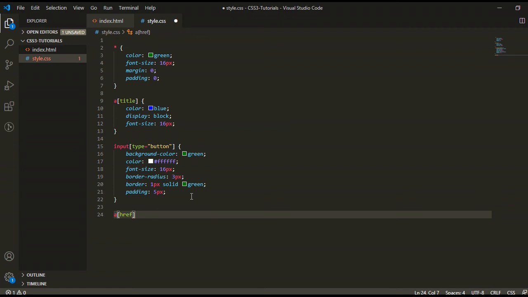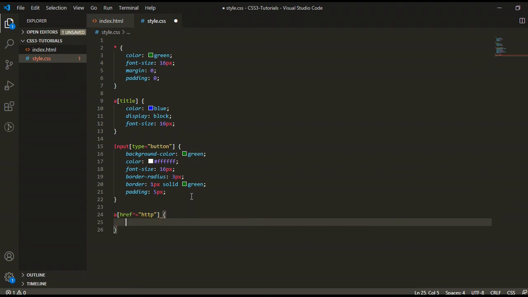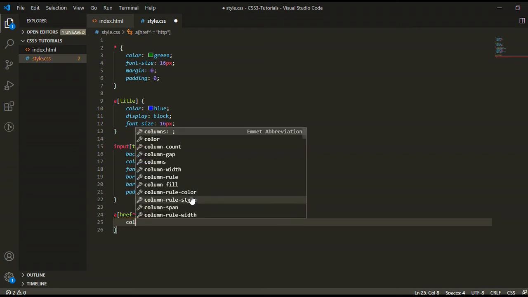Now we will use the special character caret, then equal, and our text HTTP. Now we will give some CSS properties for this, like color.